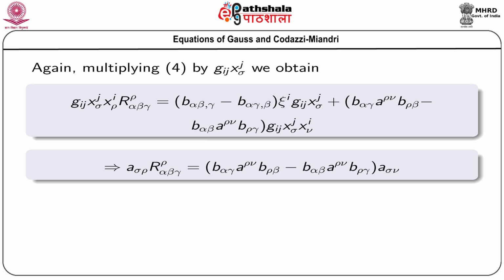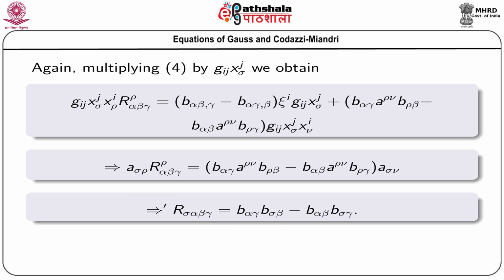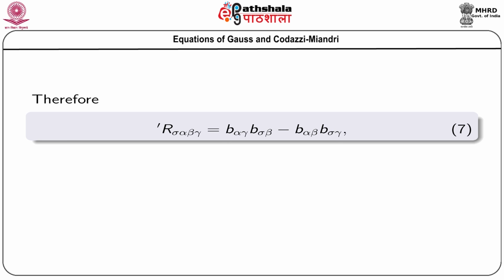Now, taking the inner product with that A sigma rho on the right hand side and the left hand side, from the above inner product we get r dash sigma alpha beta gamma equals B alpha gamma B rho beta minus B alpha beta B rho gamma. Therefore, if we express it this way, r dash sigma alpha beta gamma will be equal to B sigma beta B alpha gamma minus B sigma gamma B alpha beta,